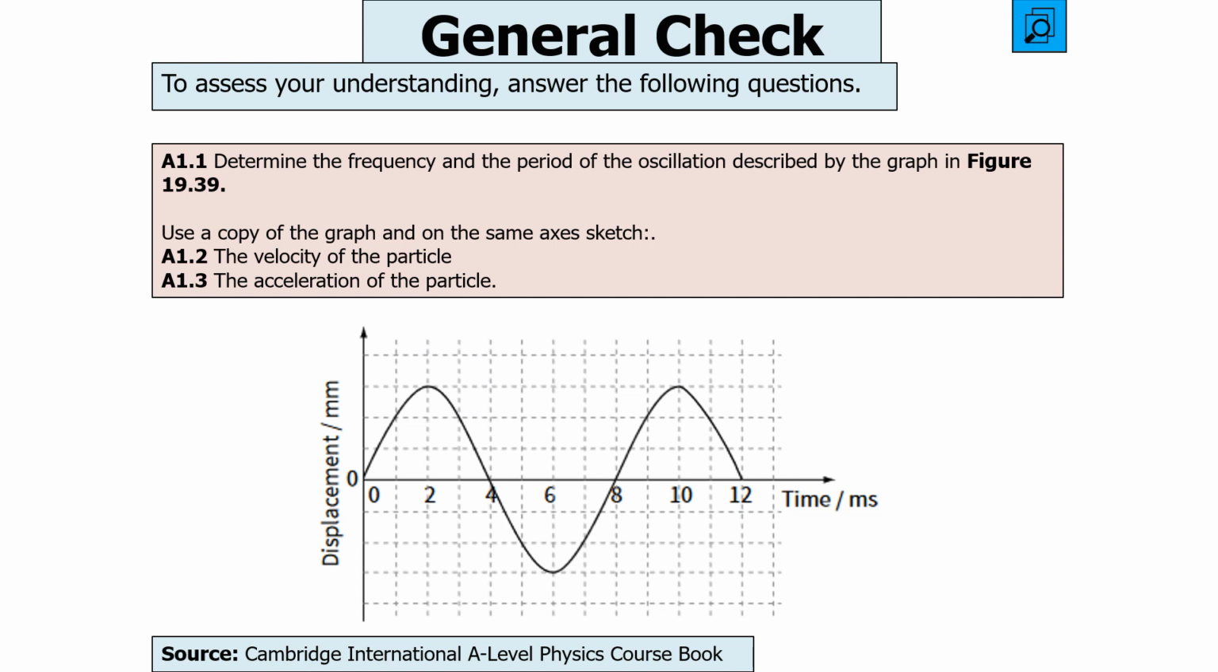The next question says, determine the frequency and the period of the oscillation described by the graph in the figure below. Use a copy of the graph and on the same axis sketch the velocity of the particle and the acceleration of the particle. So pause the video now, then unpause the video when you want to go through your